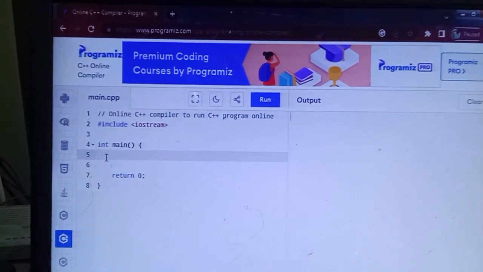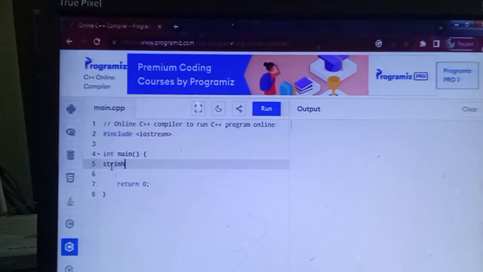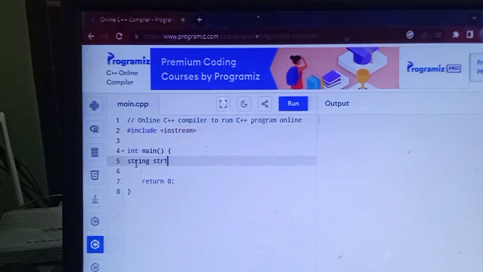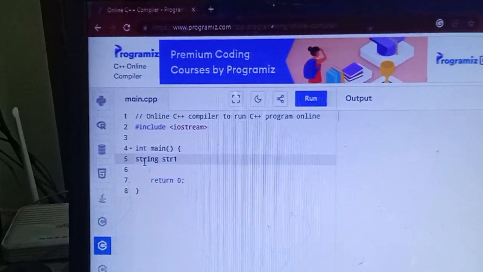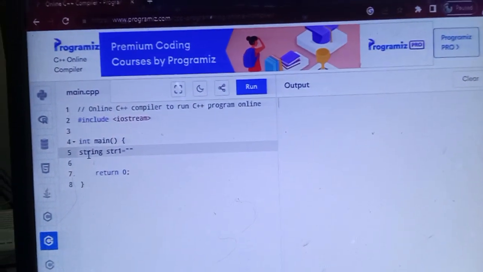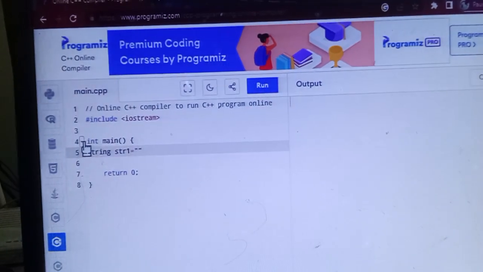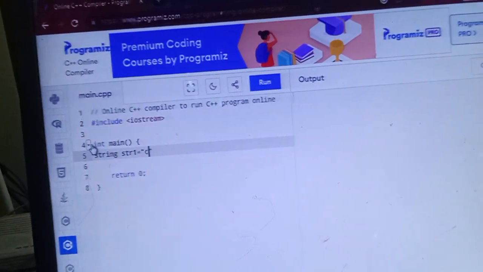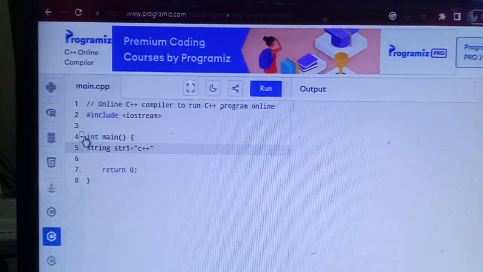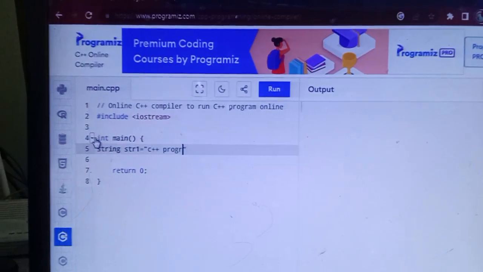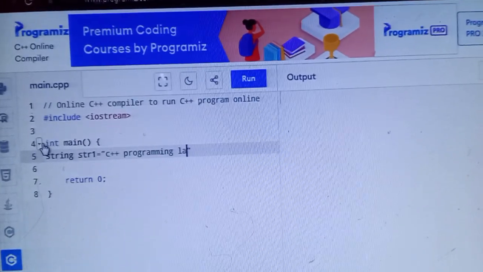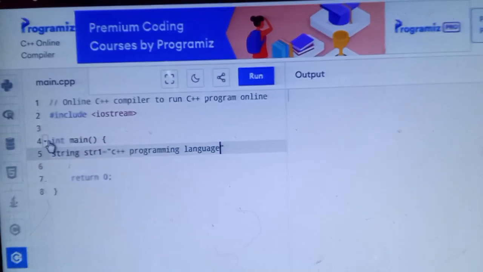Generally I write string, and the variable name str1 equals, in quotations, any name, C plus plus programming language, right?